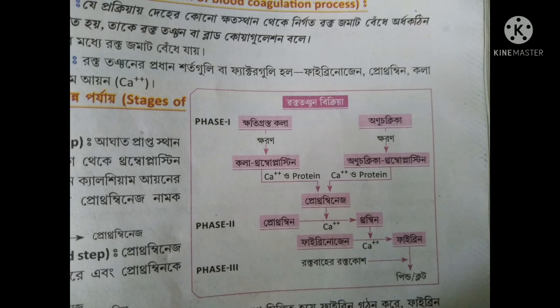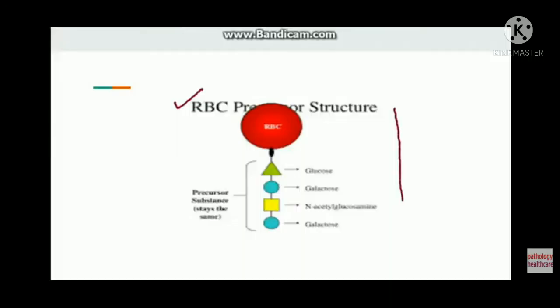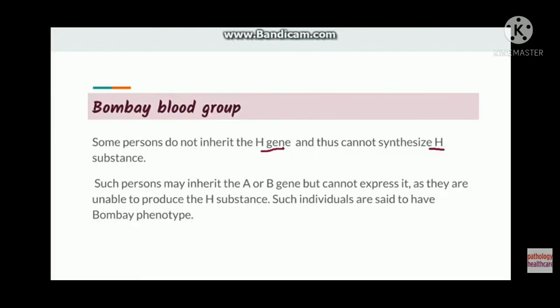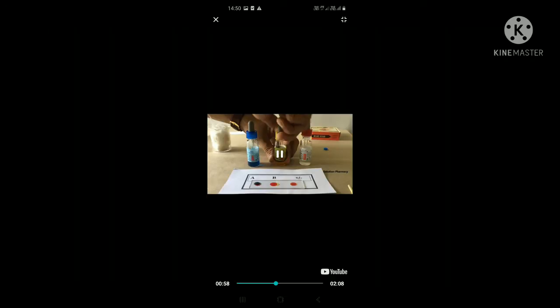And this is the blood coagulation process. We know there are different coagulating factors, and this is the RBC precursor structure. How do the glucose and N-acetyl glucosamine form the H antigen? How do we convert the H antigen to A antigen and B antigen? In case of the Bombay blood group, the H antigen remains absent. And this is the pictorial presentation. How do the blood